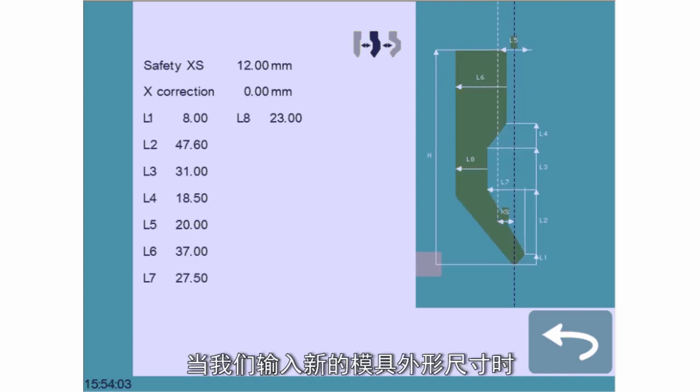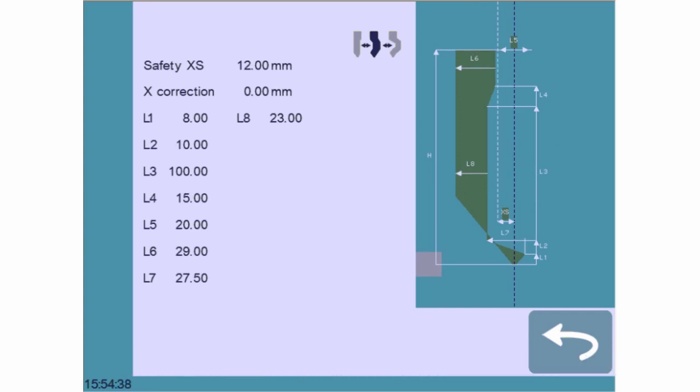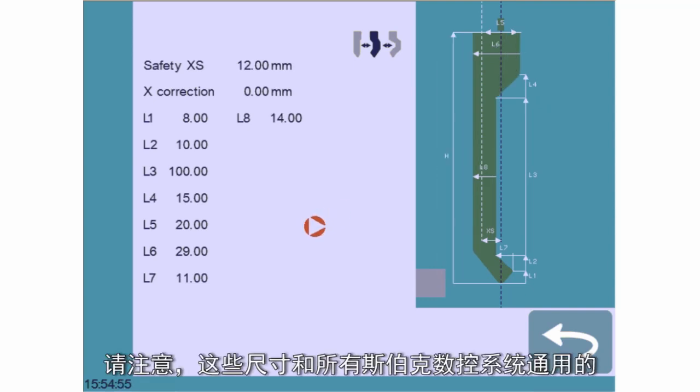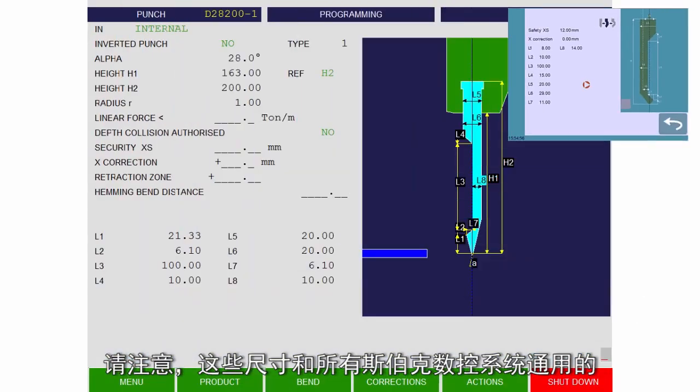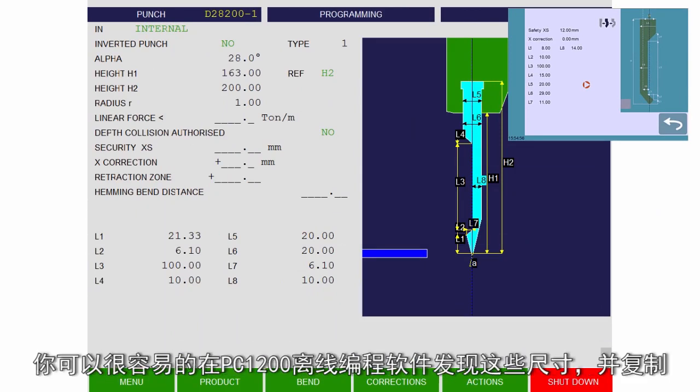Let's now enter the new values. They are either given by the manufacturer or directly measured on the tool. Please note that these dimensions are identical to those used on all of CYBELEC's numerical controls. If your workshop uses other CYBELEC NCs, you can simply copy the dimensions found in PC 1200 or PC Mod